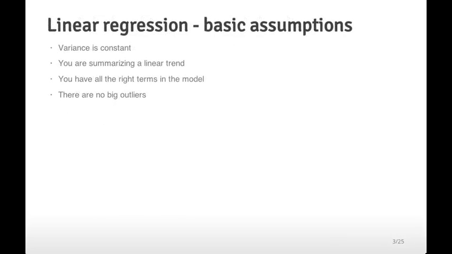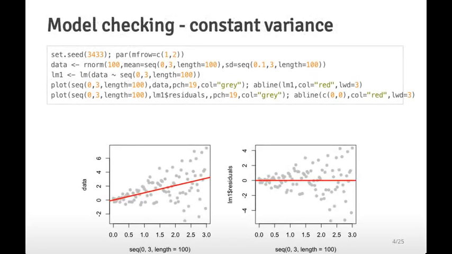So just to go over very briefly the basic assumptions for linear regression, in general, you're saying something like the variance is constant. So for each observation that you get, you have a constant variance for the term that represents the error or the stochastic variation. You're summarizing with a linear trend, and you have all the right terms in your model so that there's no sort of bias due to terms being left out, and that there are no big outliers that might drive your analysis in one direction or the other. So I'm going to look at how each of these can sort of change